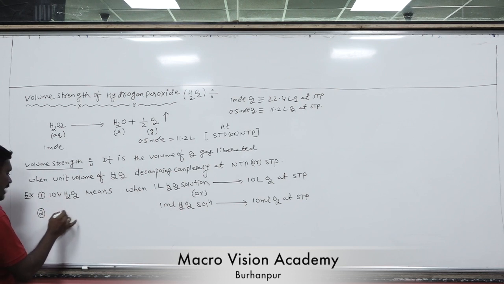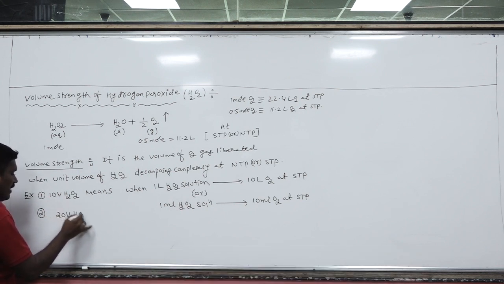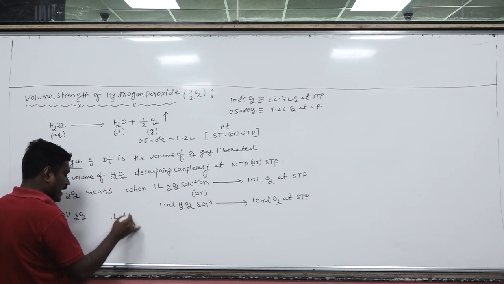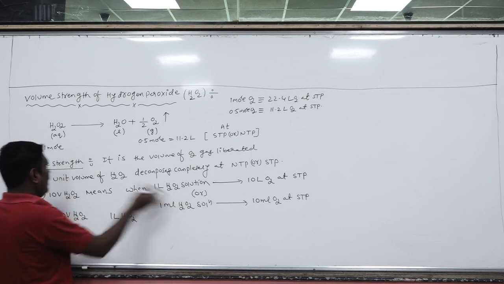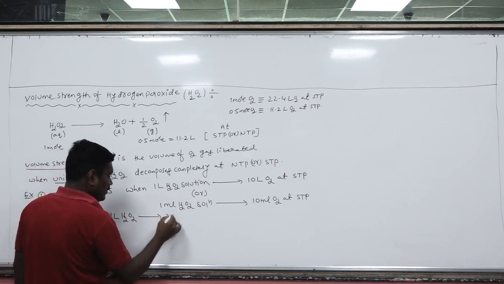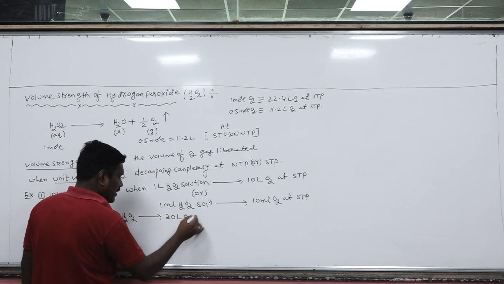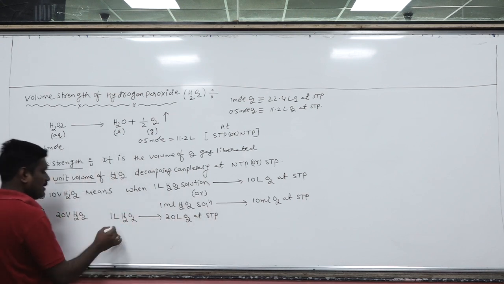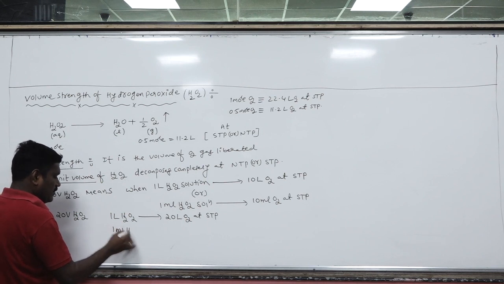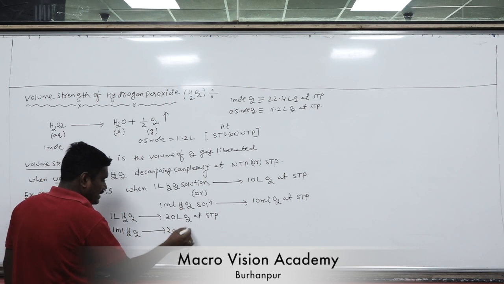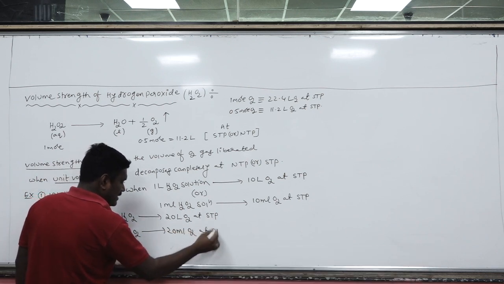fashion, let's suppose I have 20 volume H2O2. What is the meaning of 20 volume H2O2? 1 liter of H2O2. Again, remember, the volume of H2O2 is always a unit volume. 1 liter of H2O2 gives 20 liters of O2 at standard temperature and pressure conditions. Otherwise, 1 milliliter of H2O2 can produce 20 milliliters of O2 at standard conditions.